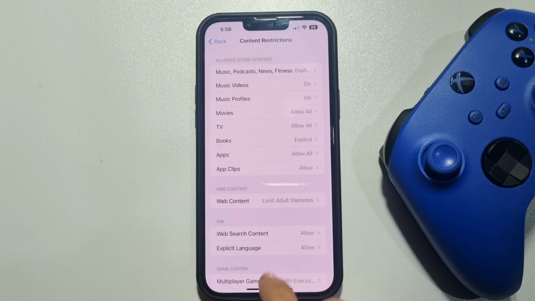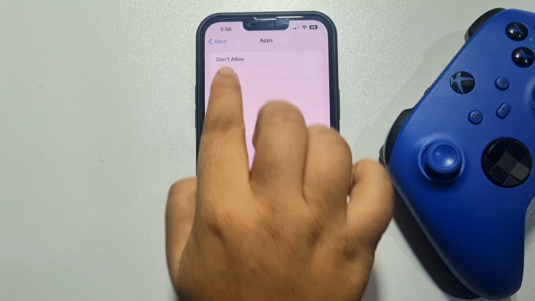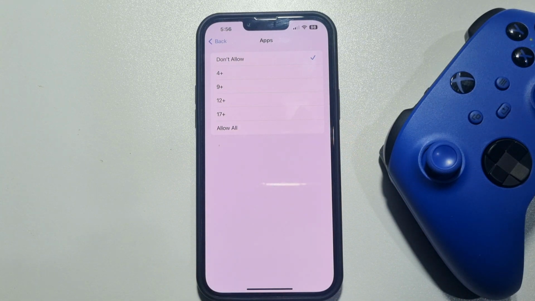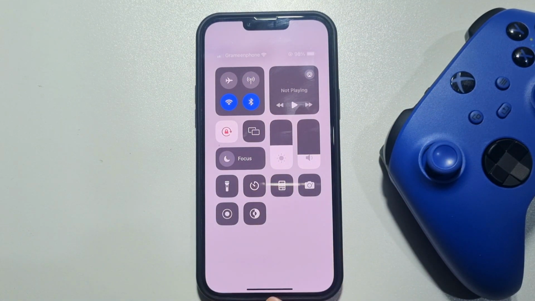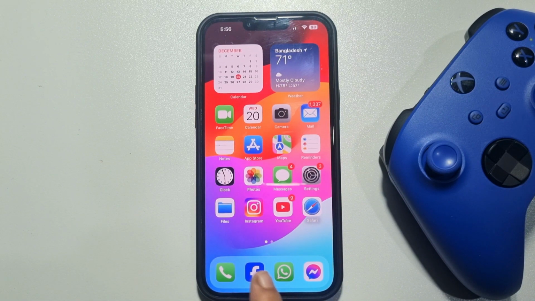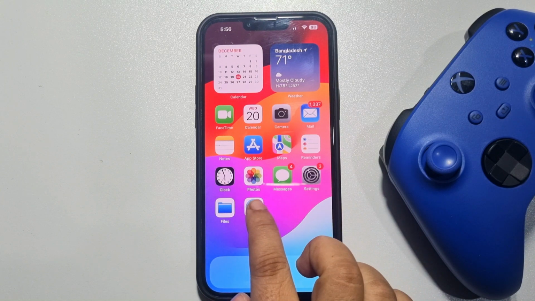And now let's block an app. In order to block any app, tap on apps, and here select don't allow. And now as you can see, my internet connection is turned on. I'm using Wi-Fi, and now if I try to open my Facebook app, here you can see the app has been blocked. Let's try to open any other app